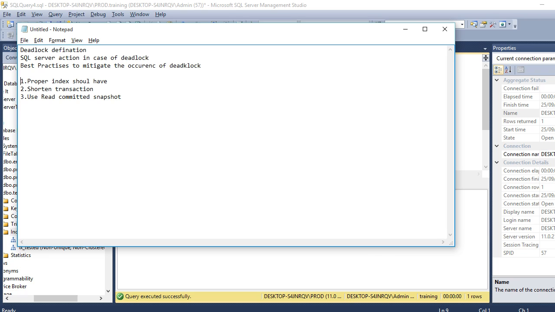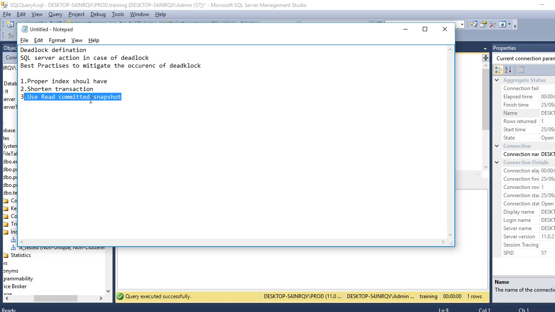The last best practice is to use the read committed snapshot isolation level. I have already explained this in previous sessions. If we use snapshot isolation levels, the select statement will not try to acquire a shared lock. Instead it will use the last committed version of the row.